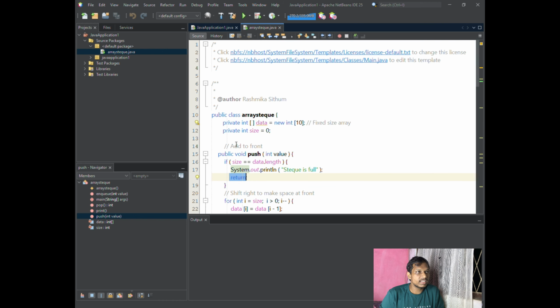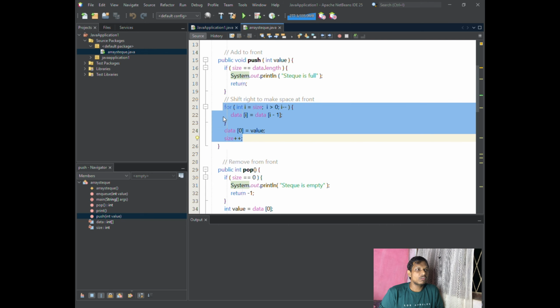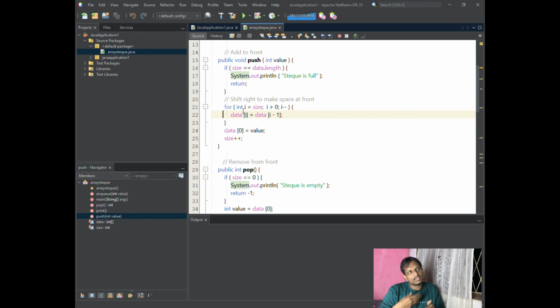After that we use a for loop like this. In this for loop we create int i equal to size, and i greater than 0, then i minus minus.